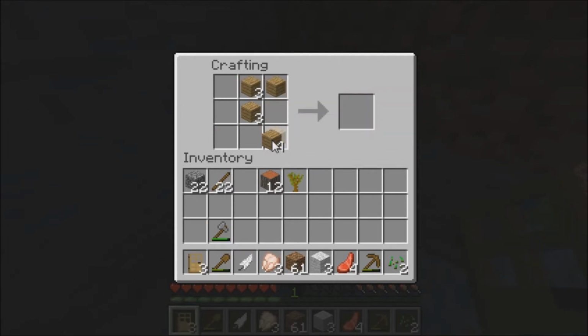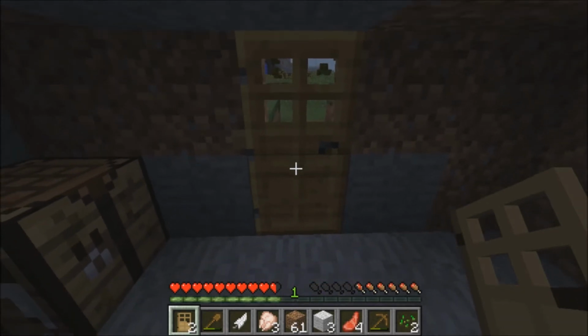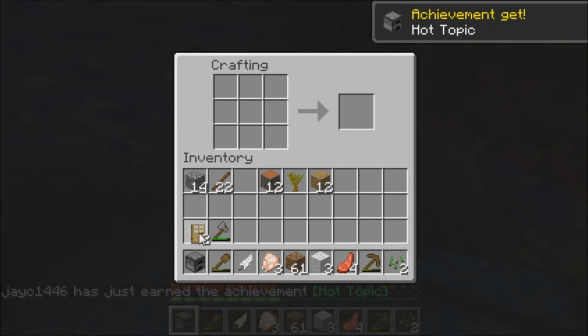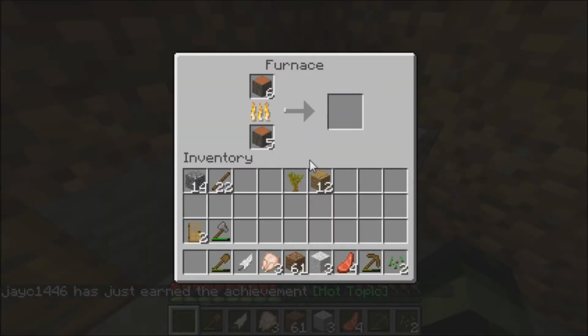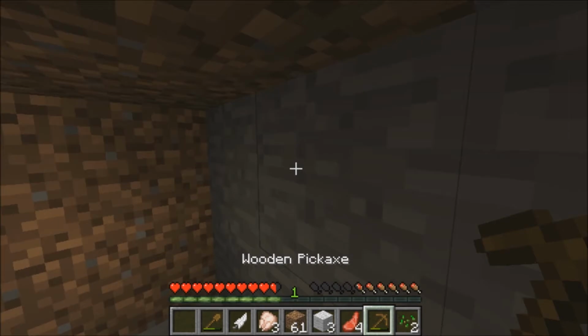Ta-da! So then you stick that there and you've got yourself a door. Next we're going to make ourselves a furnace. You'll see why in a second. You stick that in there and you split the wood, you'll get coal. What I want to do is, just so we've got a bit more